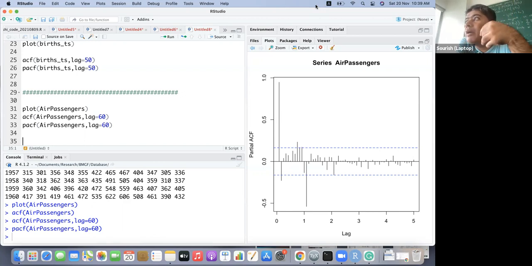ARMA and ARIMA are pretty complicated models, so model complexity goes up. You know from your machine learning classes that such models tend to suffer from overfitting and don't generalize very well.